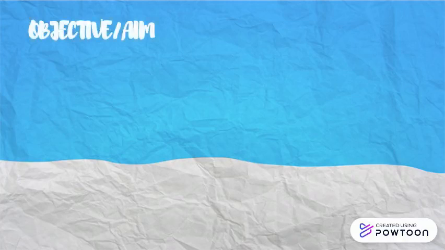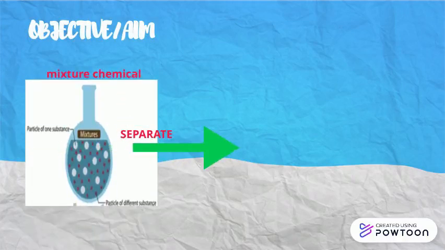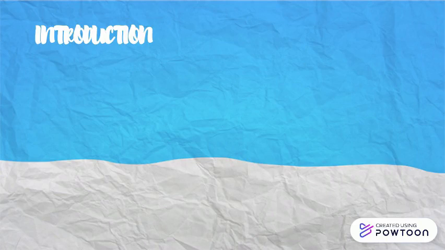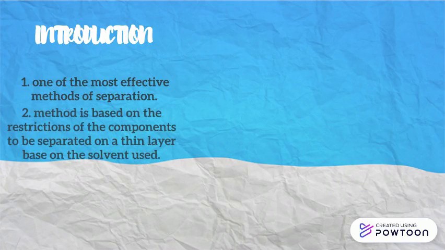Objective: the purpose of this experiment is to separate the chemical mixture by using the thin layer chromatography method. Thin layer chromatography is one of the most effective methods of separation. This method is based on the retention of the components to be separated on a thin layer, depending on the solvent